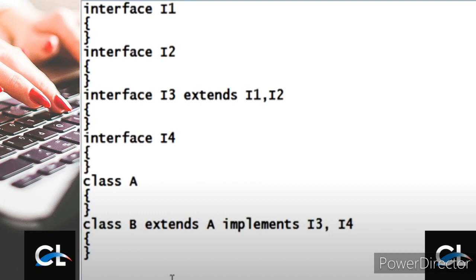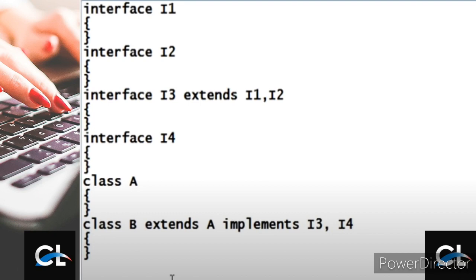So how to use an interface? Interface I3 is a subinterface. From there, at a time, we can extend the common properties of interface 1 and interface 2 as well.